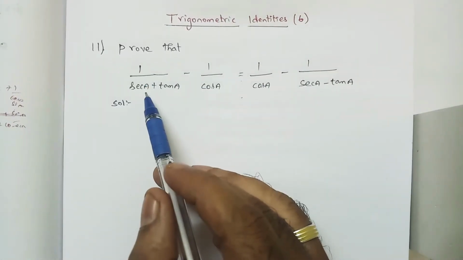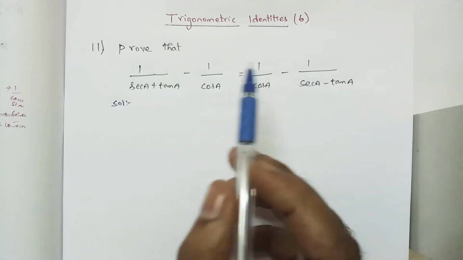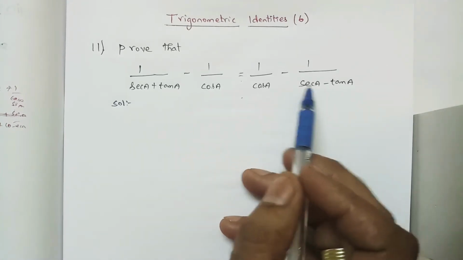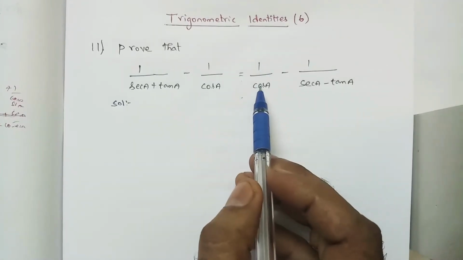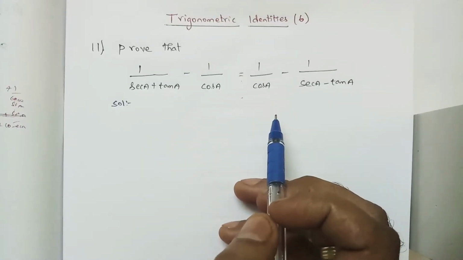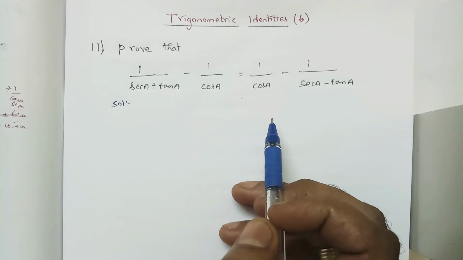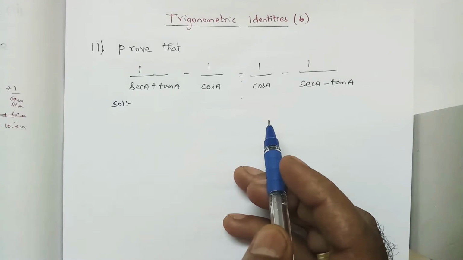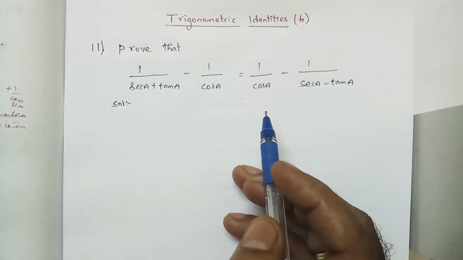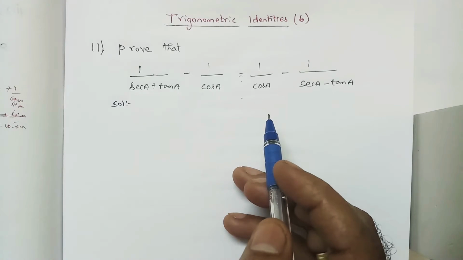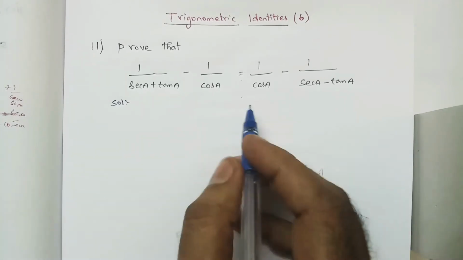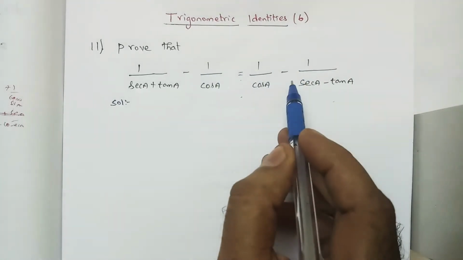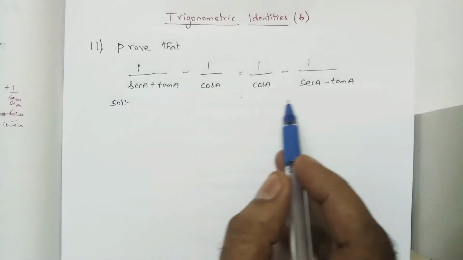See, that's 1 by cosec a plus tan a, 1 by cosec a minus tan a. Both are like terms, right? Both are the same term, but the symbols alone are different. Cosec a plus tan a, cosec a minus tan a. Here 1 by cos a, 1 by cos a. So what we are going to do here is not take LHS separately and simplify, and RHS separately and simplify. We are going to arrange the like terms on one side. I'm just going to bring this 1 by cosec a minus tan a to the LHS and this 1 by cos a to the RHS. So the cos a term is fully on the RHS and the cosec a, tan a terms fully on the LHS, right?